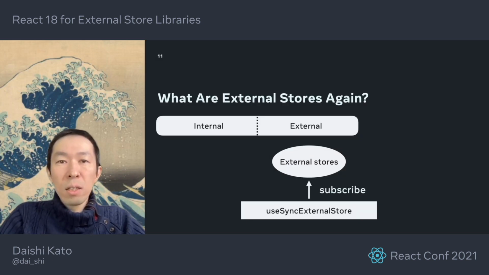Let's revisit what external stores are. As we defined, external stores are something that doesn't fit in internal state. The internal state is basically useState and useReducer. This definition is precise but not very helpful. Let's see from the other end. From the perspective of the useSyncExternalStore hook, an external store is something you can subscribe to. This can be module scope variables, DOM states, server cache data, or anything. If you use such external stores, it's very likely that the useSyncExternalStore hook helps.